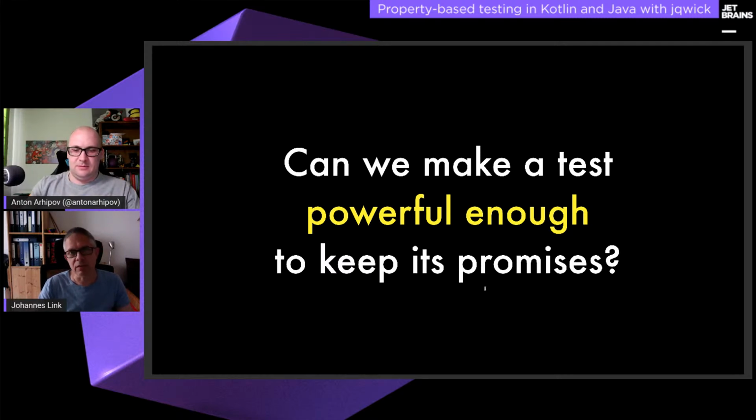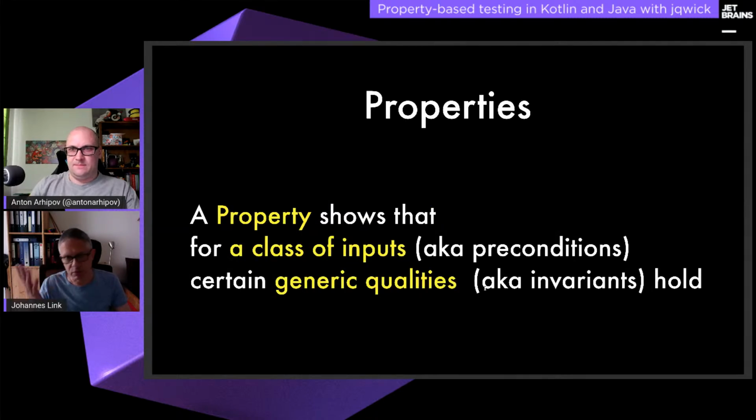We can have a different look at it, and this look is those properties. That's where the name property-based testing comes from. A property is not a specific input to output, but a class of input. So it's trying to make a generic statement, a generic expression about what your code does in general, not just for a single example. So you have a class of inputs with preconditions usually, and then you get some generic